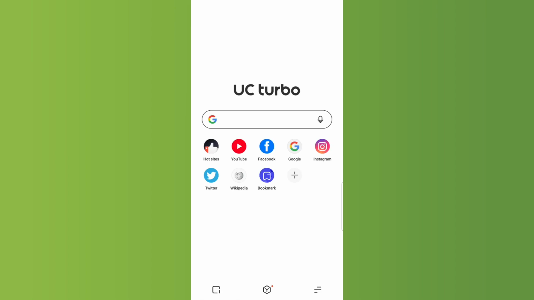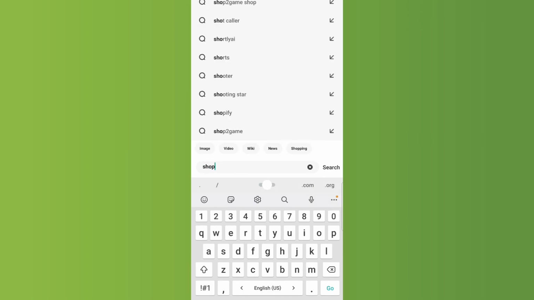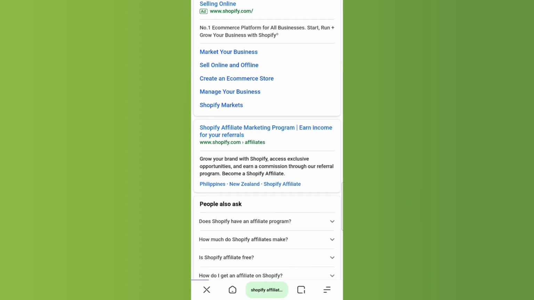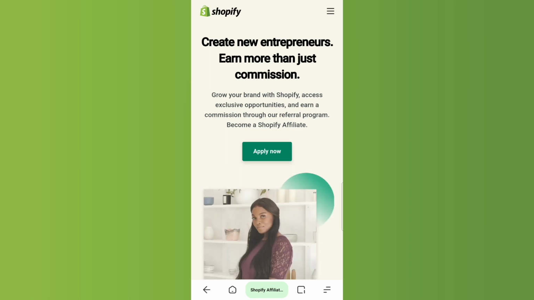So go ahead and open up any browser you have, and once you do that, search for Shopify affiliate program. Once you do that, click on the website, and here you will land on the Shopify affiliate program homepage. Click on the green button that says apply now,